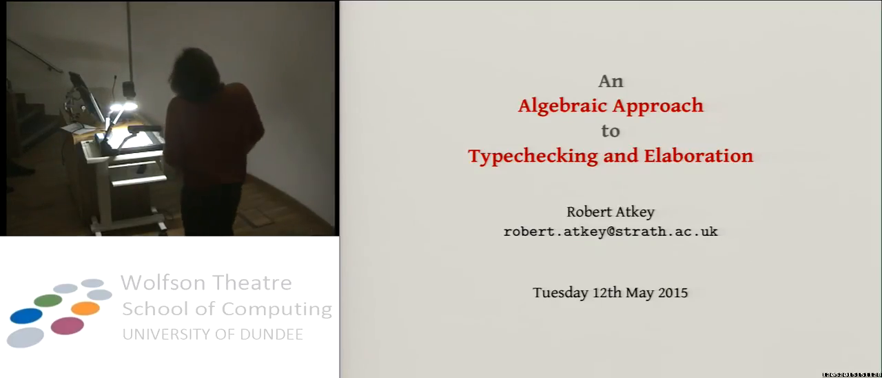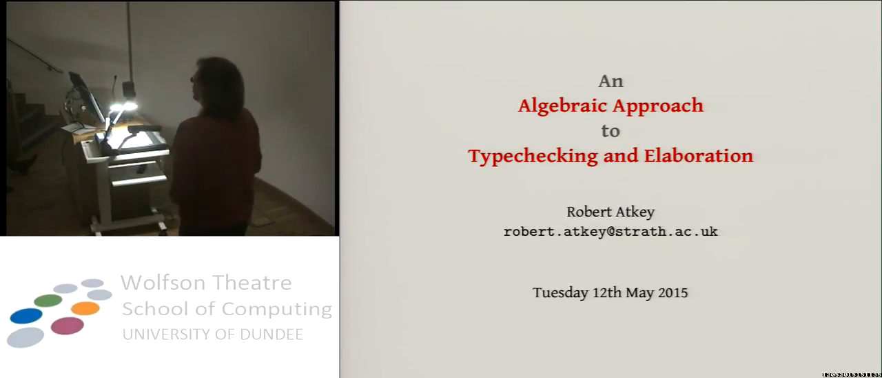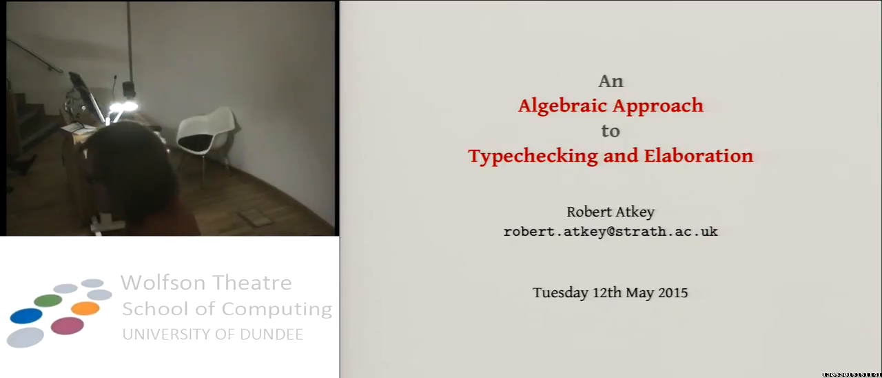Hello. So I'm going to talk about a thing. I already talked about SPLS, but I'm not sure what the intersection is, so I'm just going to talk about it again. So this is an algebraic approach to type checking and elaboration. So the idea is I'm going to try and,